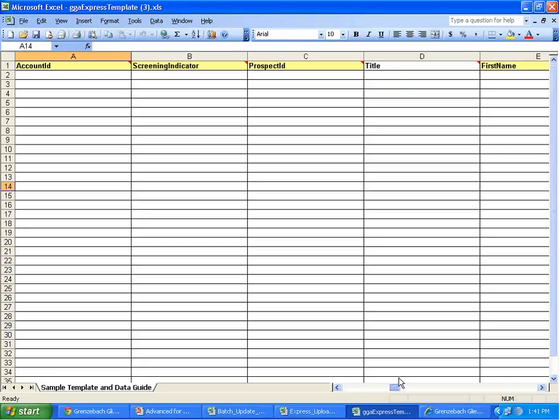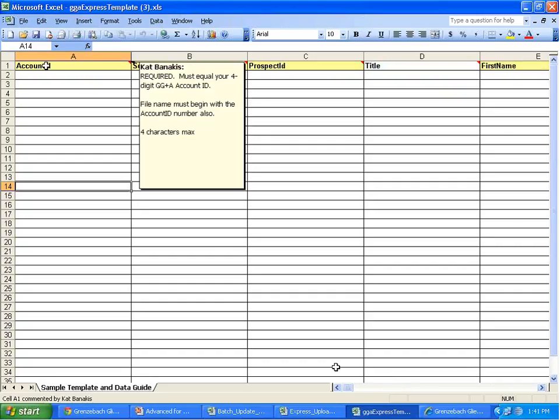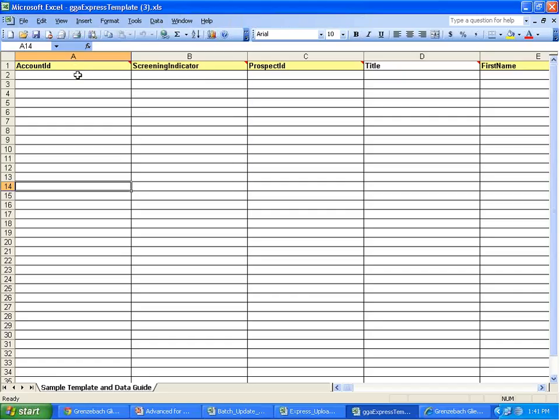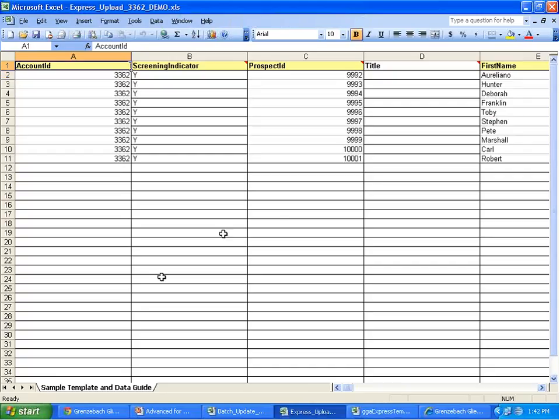There are quite a few. Notice that some of the headers for the columns are different colors. The yellow columns are required. You must fill something in for these. If you do not, it will not upload correctly. So for one, there's your account ID, so you would enter whatever your account ID is. We actually have a test worksheet filled out, so we'll show you that information right here. So one of the